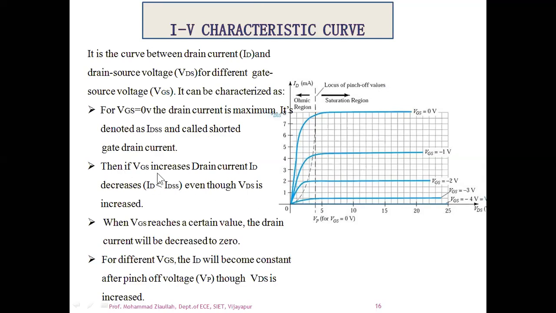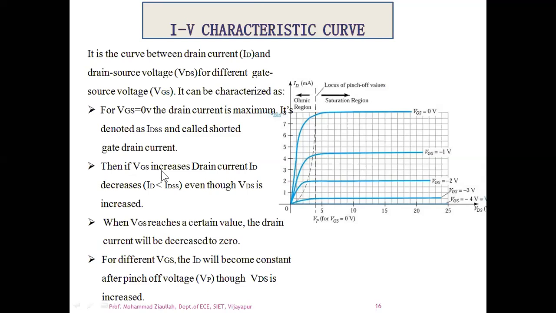Now if there is an increase in VGS in the negative direction, that is the minus side, what will happen? The drain current, that is the ID current, will decrease, even though VDS is increased. Even if I apply more drain to source voltage, beyond some VP value, there is still a decrease in the ID current because you have made your VGS less than zero. Here we speak only about values less than zero, that is -1, -2 and -3.